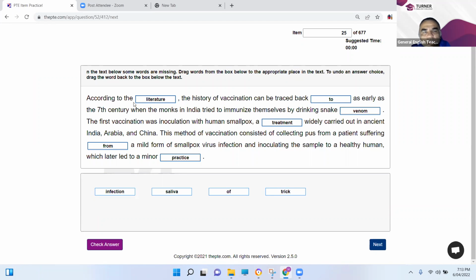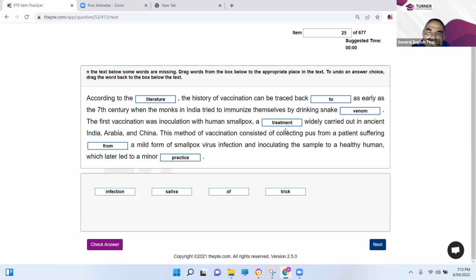Okay, number one, according to the literature. Very good. Now remember, trace back to something. So we say this traces back to something, so the preposition is to. Very good. And of is a distractor. Number three, snake venom is very common, something that kills you. Number four, it's